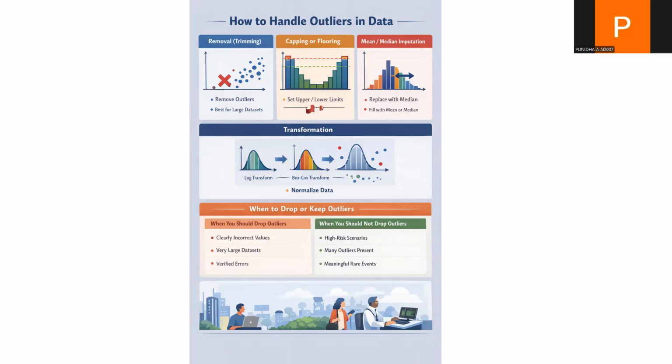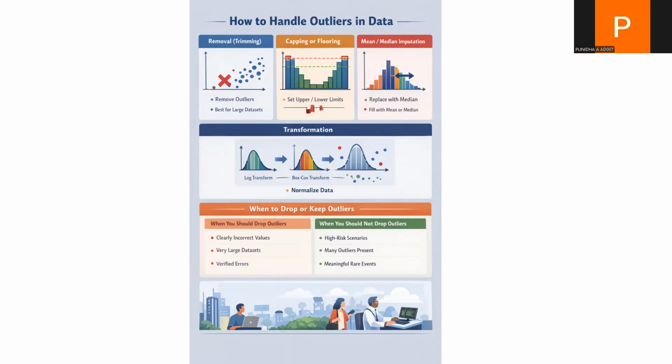When should you drop outliers? When the value is clearly incorrect. If domain knowledge confirms that a value is impossible, for example a human age of 200 years, it can safely be removed. When you have a large dataset: in large samples, removing a small number of questionable outliers usually does not destroy the overall data distribution. When verification is possible: if you can revisit the data source and confirm that the observation resulted from an error,